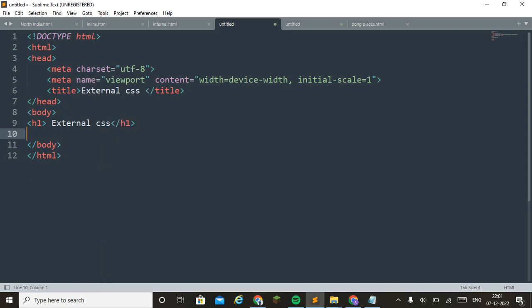Now we are taking a paragraph. We need to create HTML and CSS both.